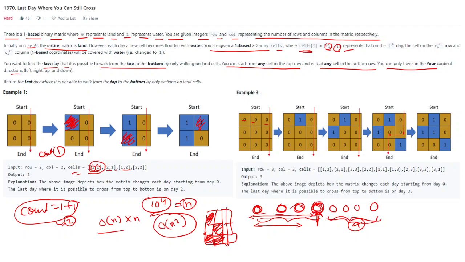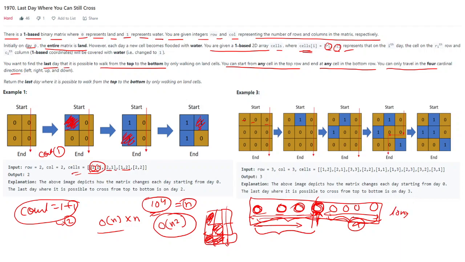Why? Because if you cannot travel up to this point, how can you travel after this? So now we have to consider our number of days from this part only. That is why I am saying that in this way we will divide our cells, or the area of the array under consideration, into halves each time. So the number of times we have to do DFS is equal to log n. How is it log n?